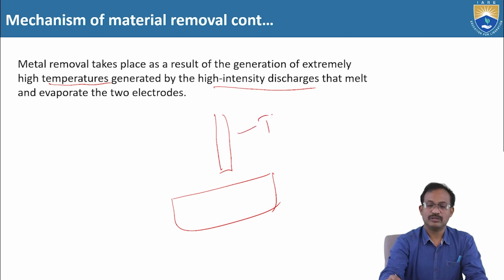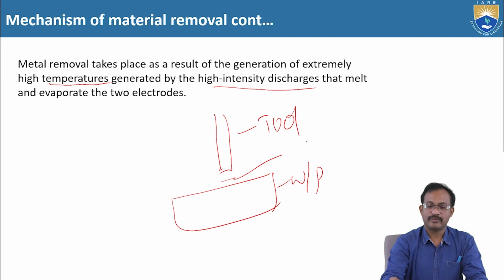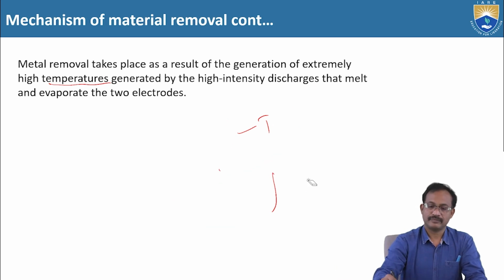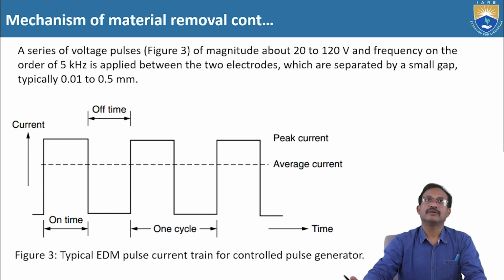These two electrodes have a gap and the spark generates so that high temperature will develop and subsequently the material removal takes place. Right. Now let us see